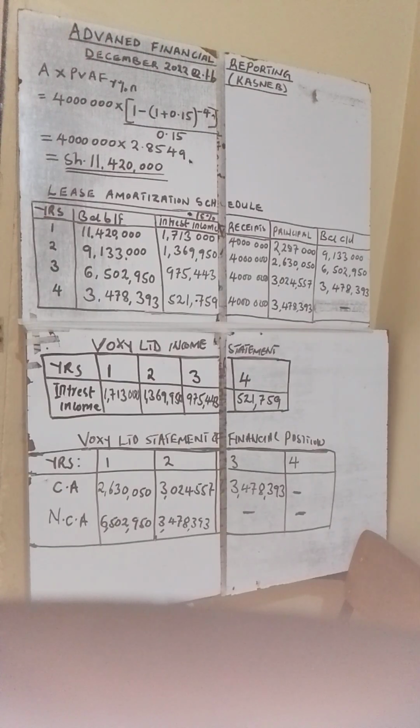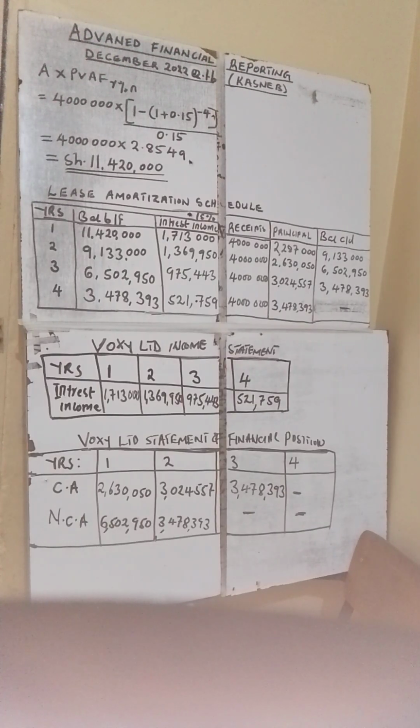In this lesson today, we will discuss more about leases, which is IS 17. And we take an example from the past papers, December 2022, question 1B, Kenya Accountants and Secretaries National Examination Board,